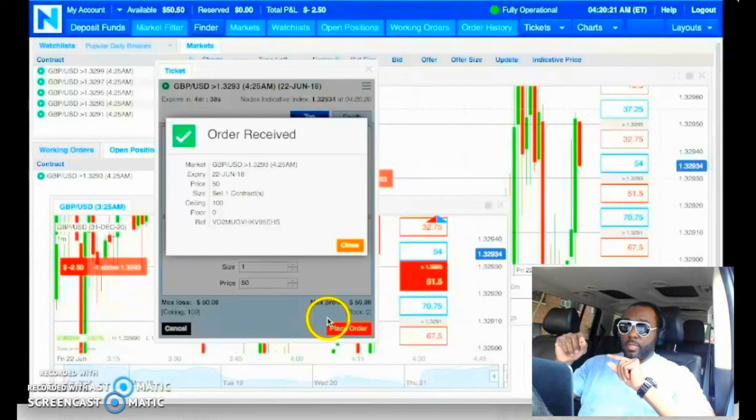Now, that's just the actual process for entering into the trade. But now comes the question, why? Why are you trading at the money? You have to have a reason or a basis for trading. If you're trading at the money, you have to